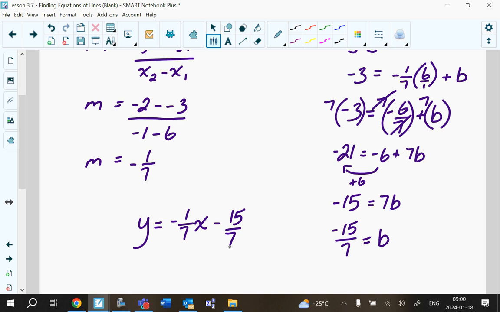So like I said, tomorrow we're just going to wrap up. I mean, we could do it today, but it's too much. This is enough information for today. Because I'm going to throw another little wrinkle in tomorrow with parallel and perpendicular lines. So doing it separately, I think, is good. Okay, so for Tuesday,